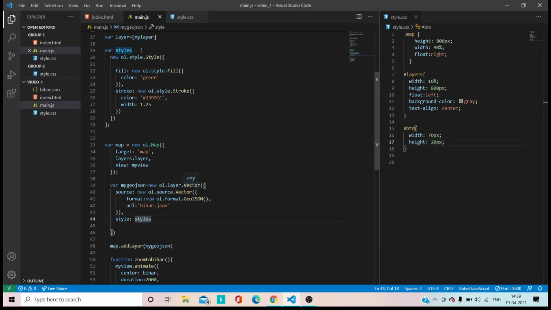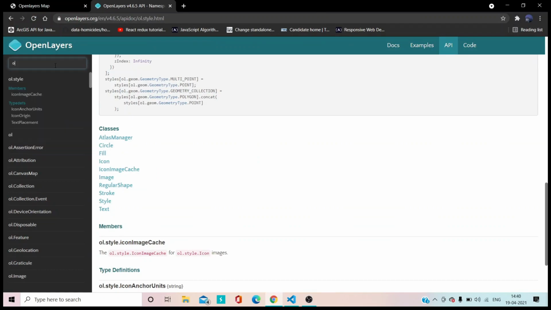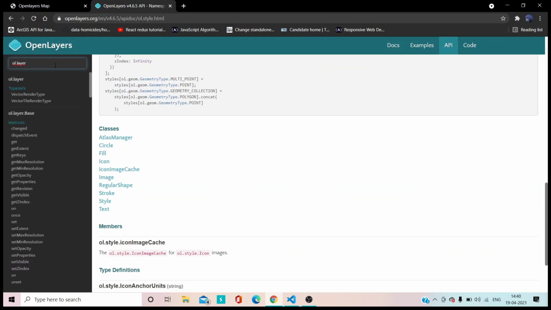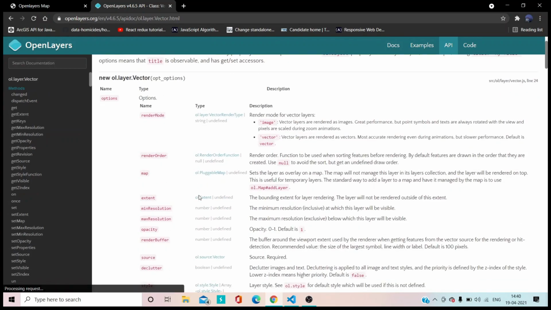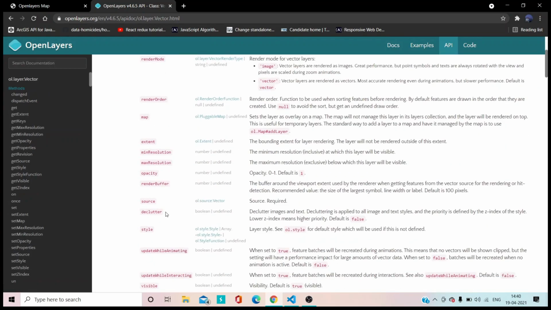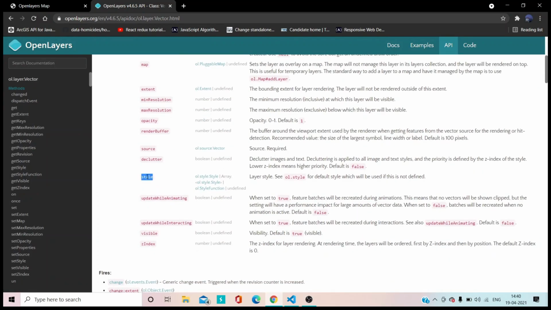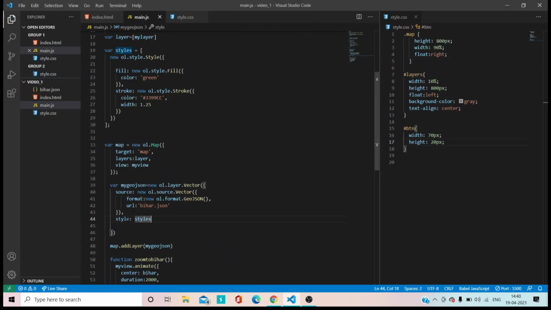Let's go in ol.layer.vector first. As you can see in the options, we need to give style in the ol.layer.vector. That's why we keep my style after the source.